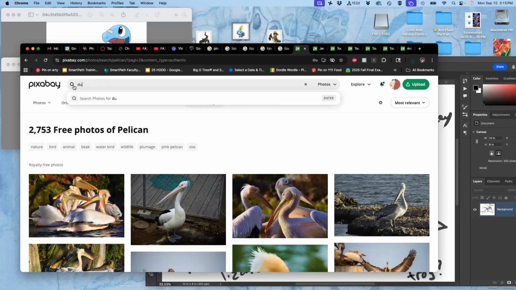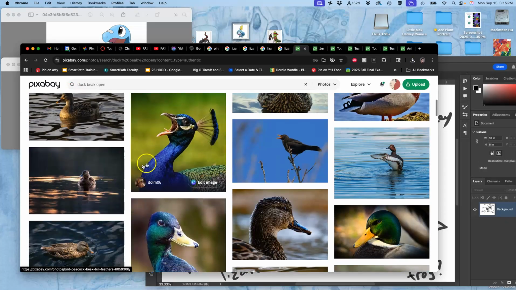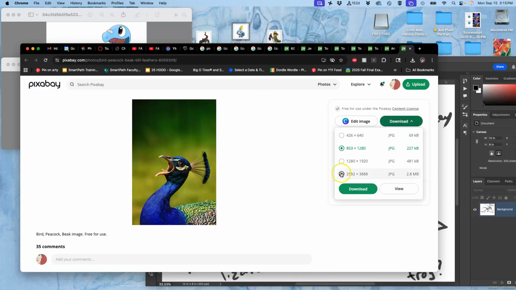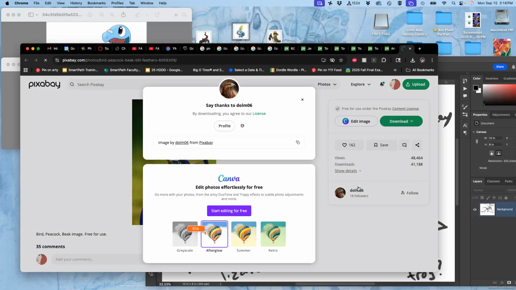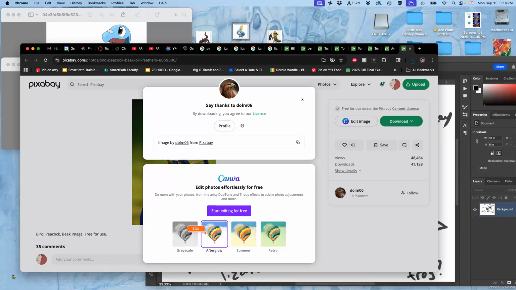I'm going to look for a duck. Duck beak open. Here we go. Peacock. And we're going to have fun putting now figurative characters together based on the anatomy of our sketch. Okay, so that will be it for today. I'm going to organize those all into my assignment